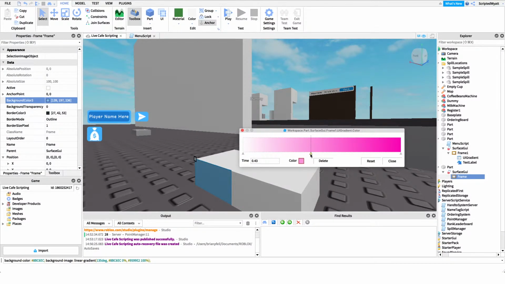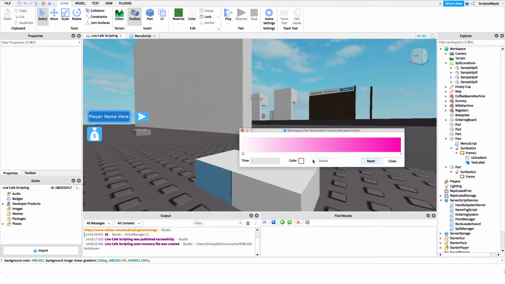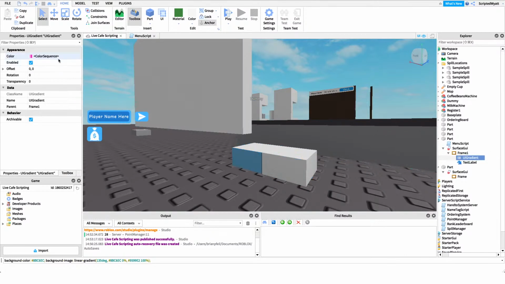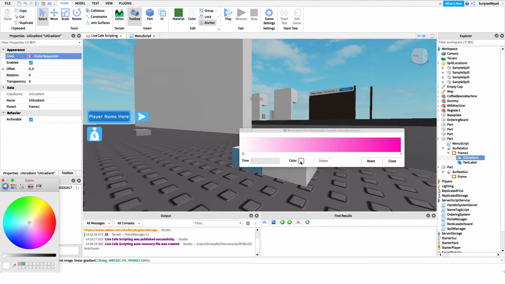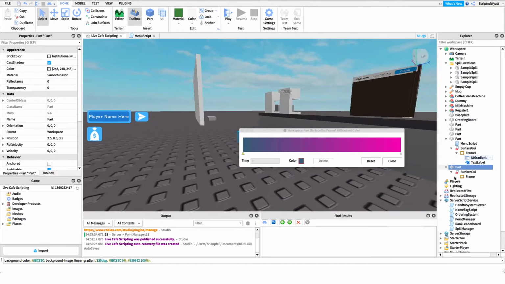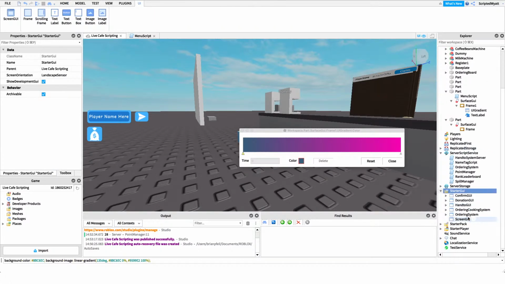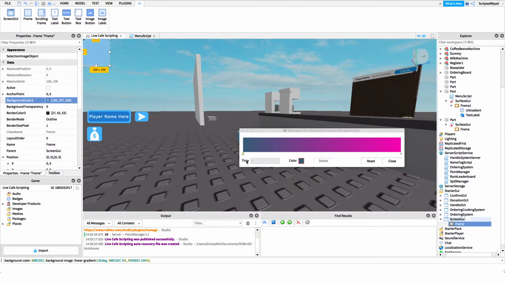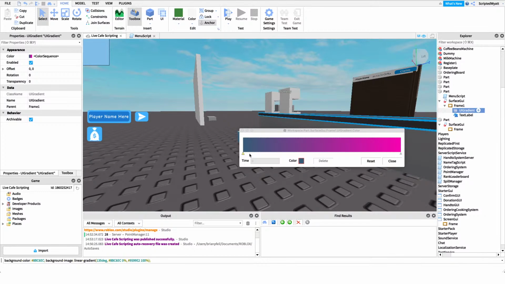Oh, you just saw my top secret Trello. That's okay. I can't even pick the color. Where's my color picker? My color picker went away. Color. Okay. We use the eyedropper. I don't know if this is right. Let me try something. Let's do a frame. Do it on the screen so it's not affected by light at all. And now if we select this,